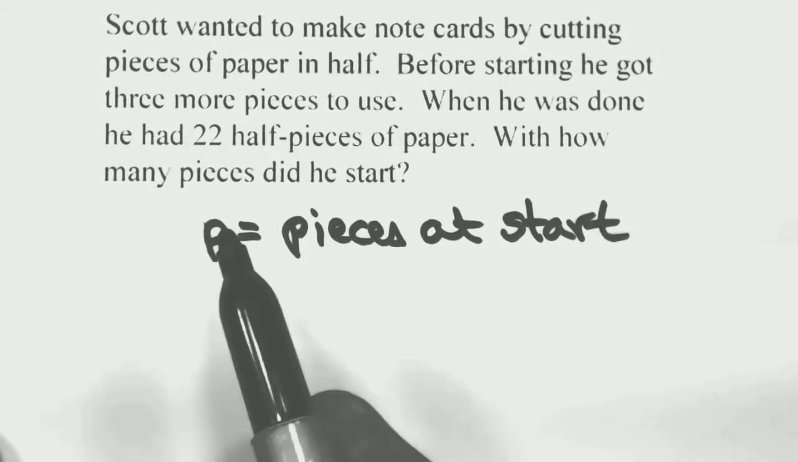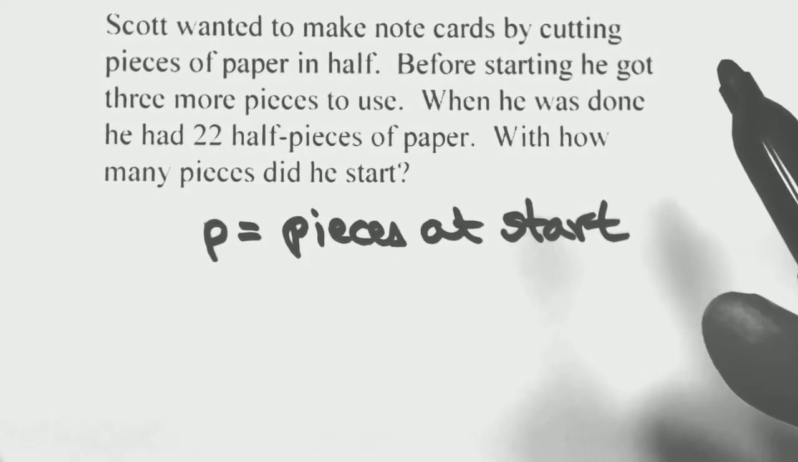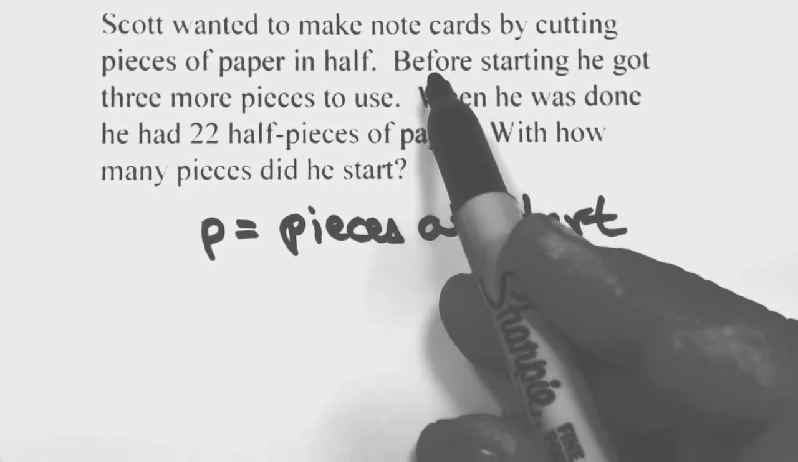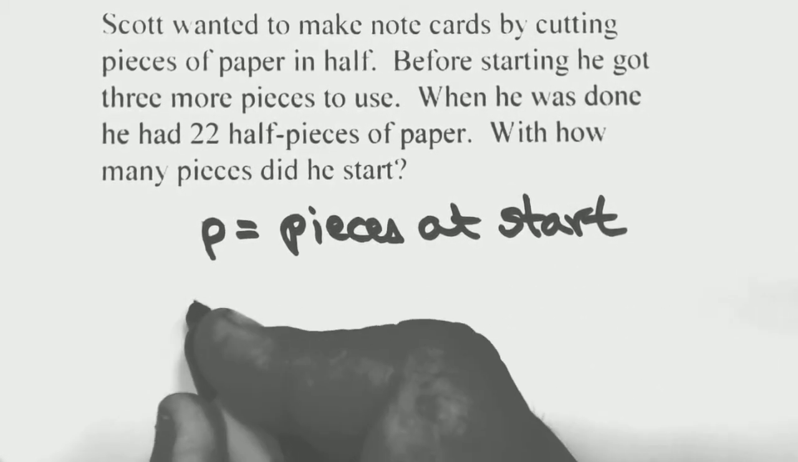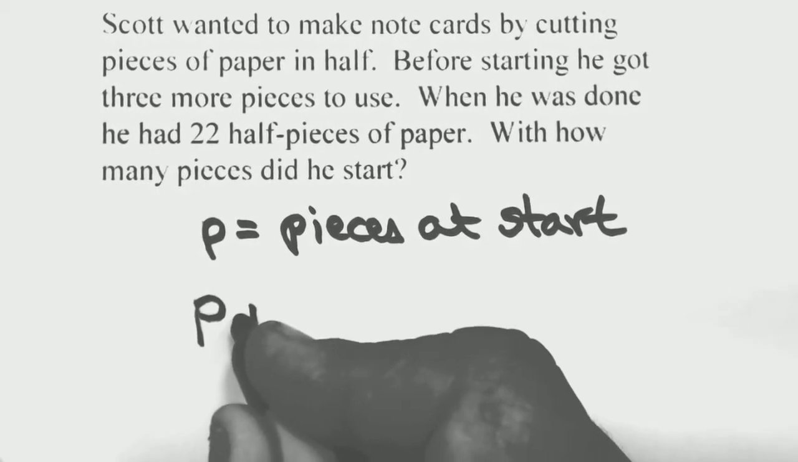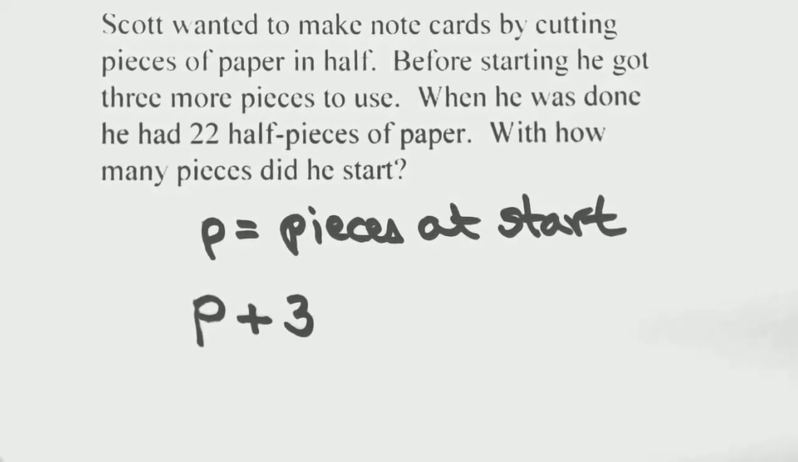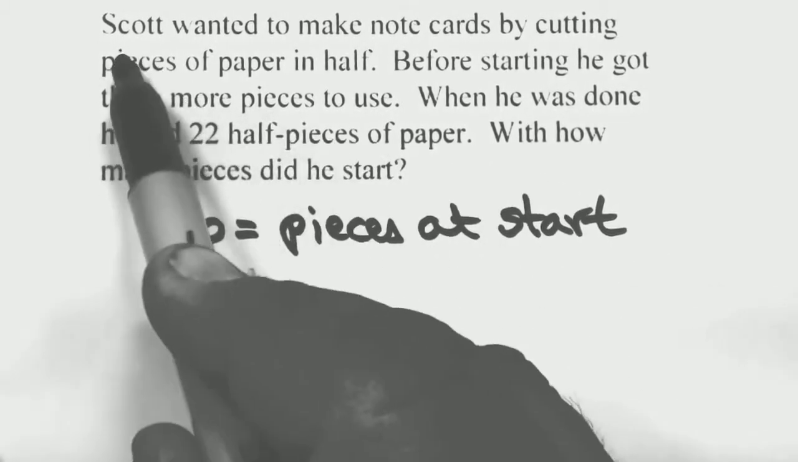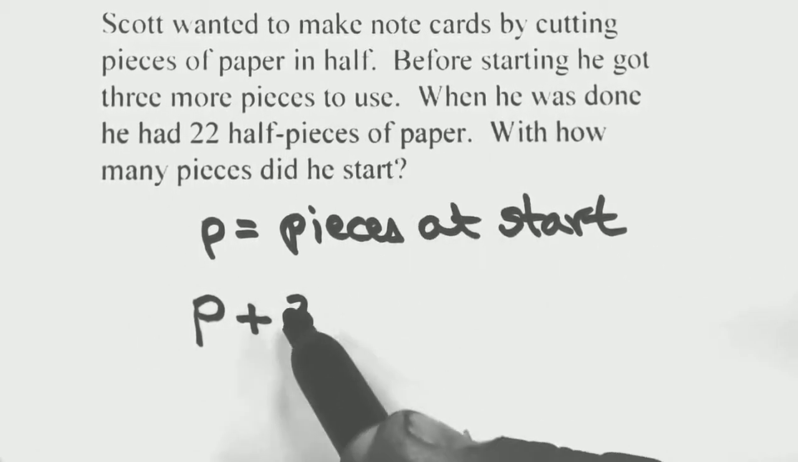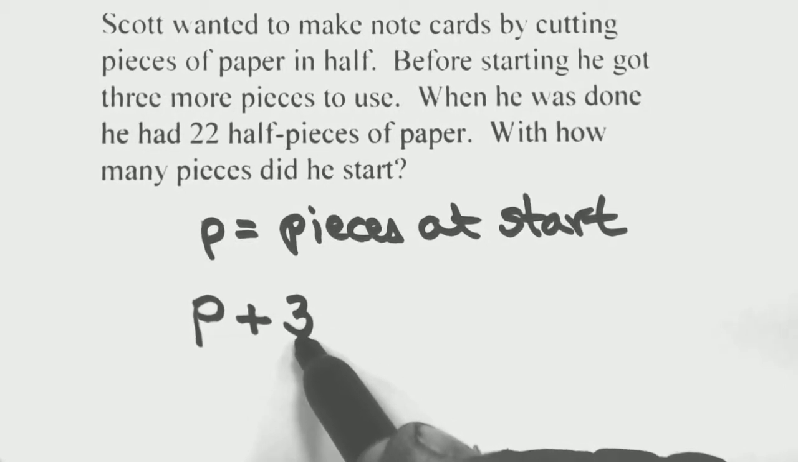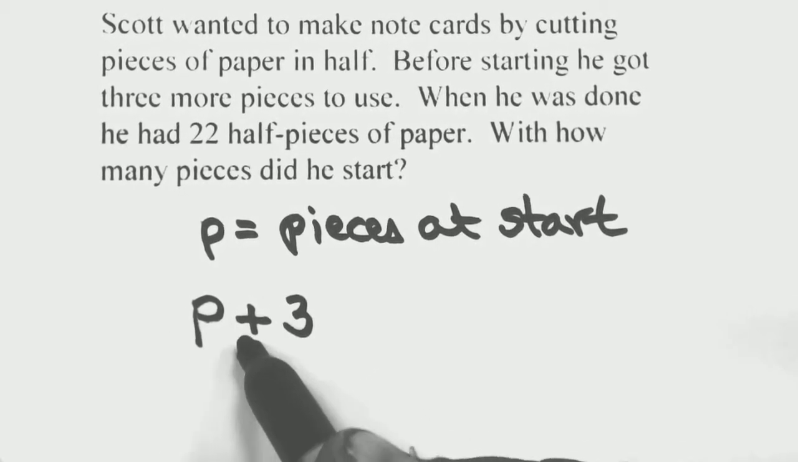And you could have used some different variable, but P is fine for pieces, even good for paper as a matter of fact. Now, before he started, he got 3 more pieces to use. So at the beginning, he had P pieces that he had prior, and then he gets 3 more. So he's got a total of P plus 3 pieces of paper. Now, he makes note cards by cutting the pieces of paper in half. So each one of these pieces is going to make 2 note cards for him because he cuts each one of these pieces in half,